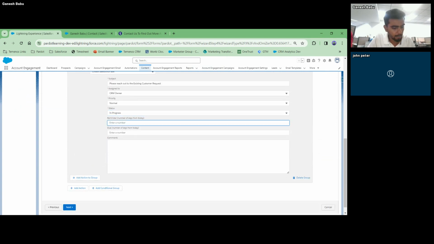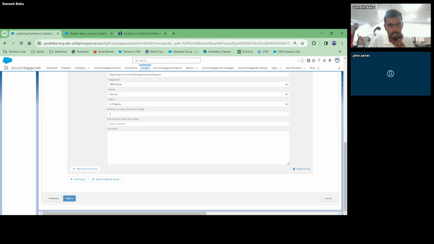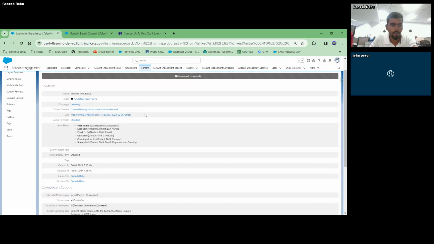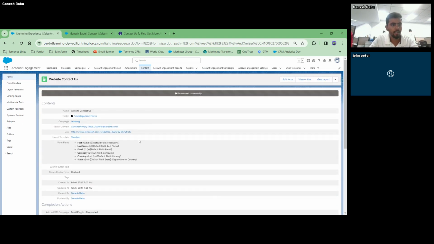And you can set the reminder as well. Then you can give your own comments here, right? Then you can give a next, then confirm and save. Your form will be ready. Yeah, this is all about the form.